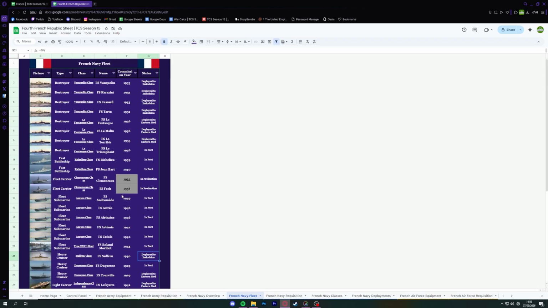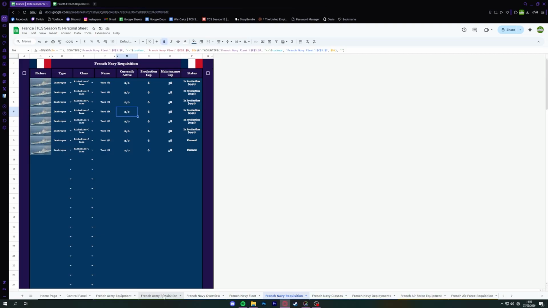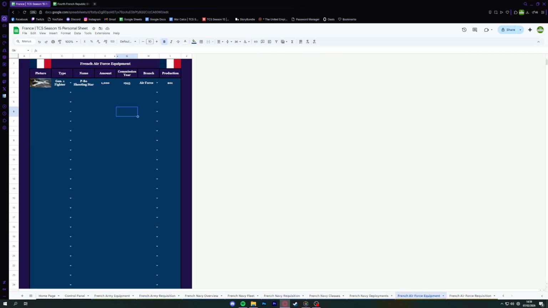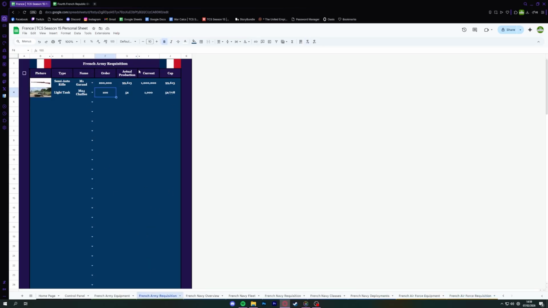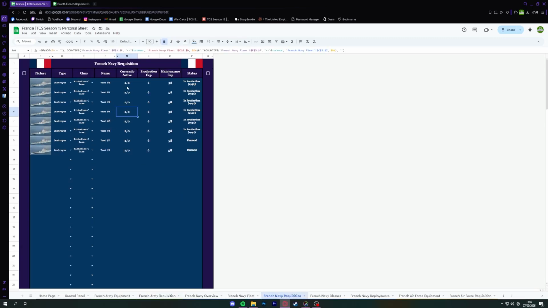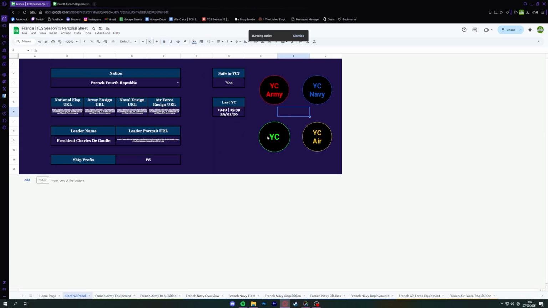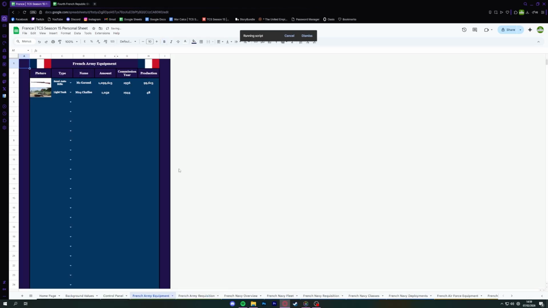So yeah, that is how everything works in this. Again, once you've got all your stuff being produced, you can go into here. So look, we're going to build 201 of these, we're going to build 99,000 of these, we're going to build 52 of these, and we're going to build 6 destroyers. If we go to control panel and just hit YC in general, we watch it run for a second,